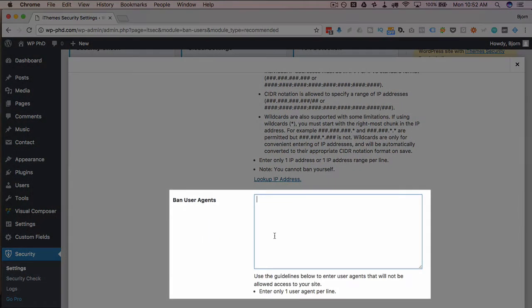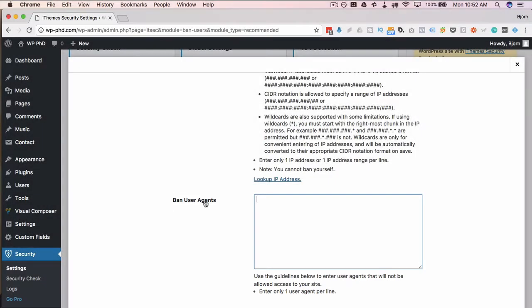Banned user agents, you can add these in as you go. User agents are basically a signal that tells the internet what type of device you're using, and you can fib on user agents. So if you have an Android smartphone, your user agent will say something like Android and then have the version number that you're running on your phone. Or it will show iOS and the version number. It might even show your phone brand in the user agent.